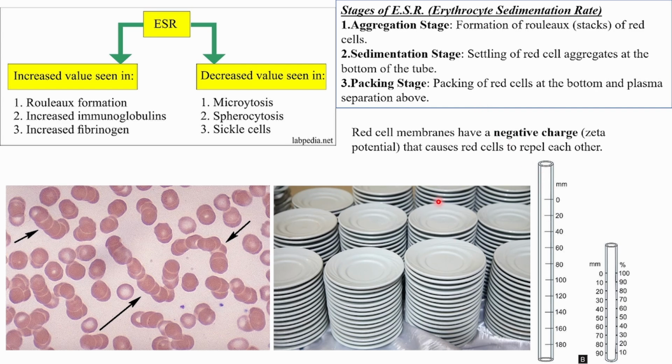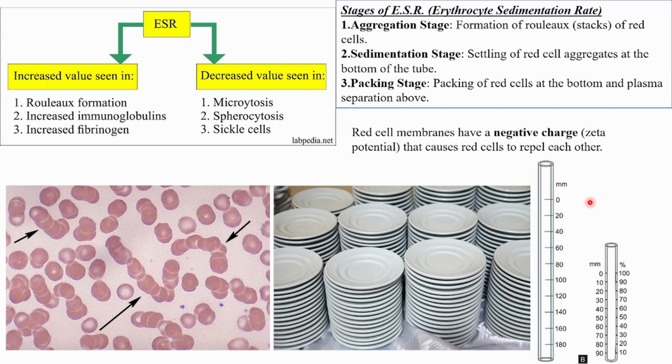This is a test, a procedure, in which, most commonly, we use this long tube called the Westergren tube, and it has markings from 0 till 200. It is around 300 mm long, but it has markings from 0 to 200 mm. So blood is filled until 0, and after filling, the tube is held vertically and left